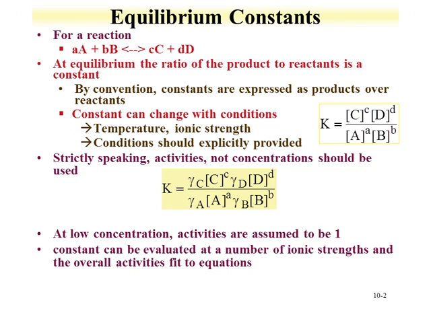For any reaction at equilibrium, we can evaluate a constant that should describe the concentrations. So here we have a generalized reaction, A, B going to C plus D. At equilibrium, the ratio of the products and reactants is defined as a constant. By convention, these constants are expressed as products over reactants. In the equation, we get some constant that is equal to the products raised to the exponent of their stoichiometry